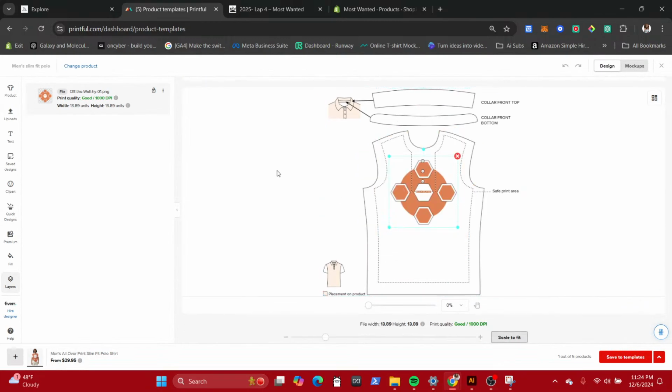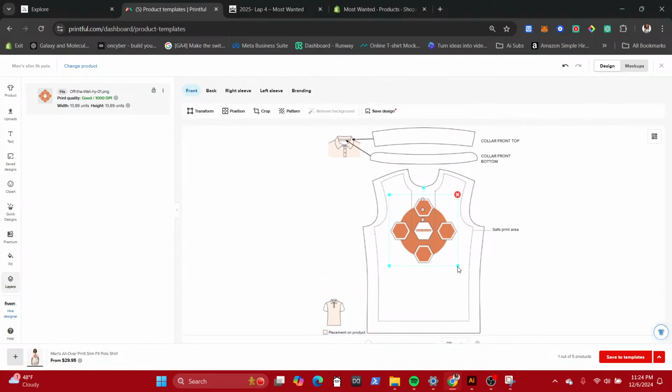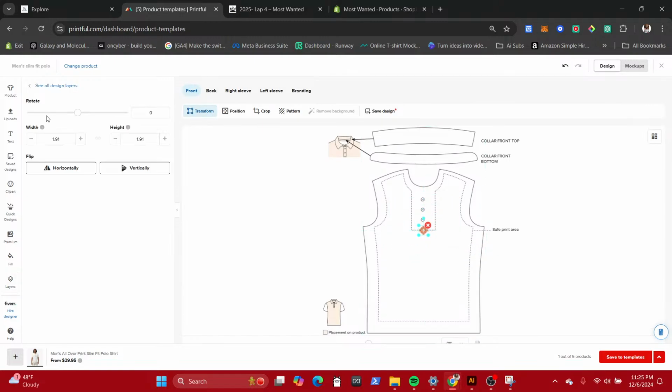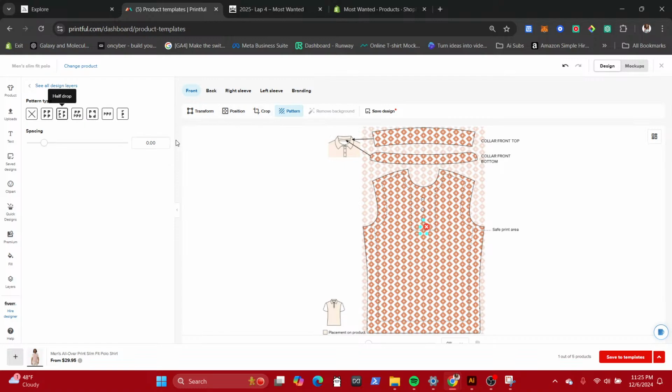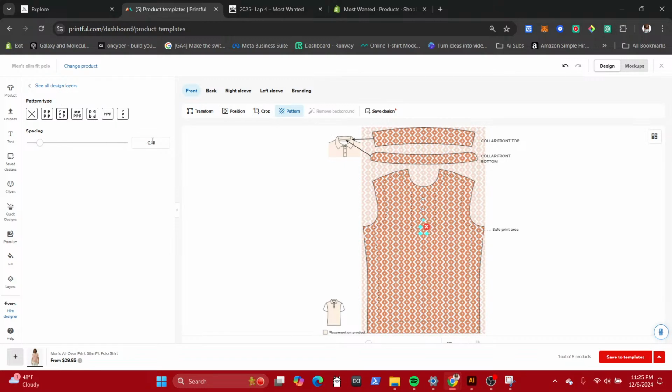So scale down. I'm going to transform. We said 132, right? Bow, pattern, half, bring it in, -19.